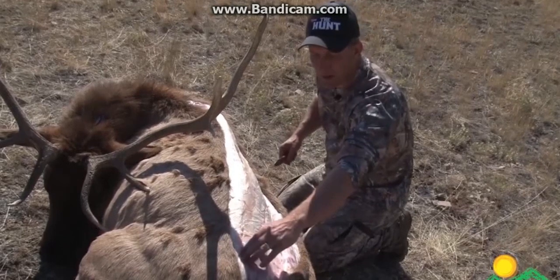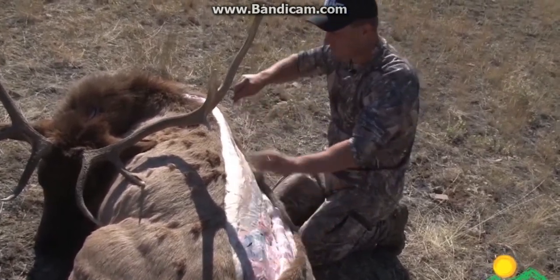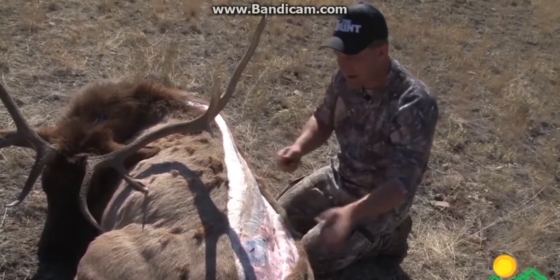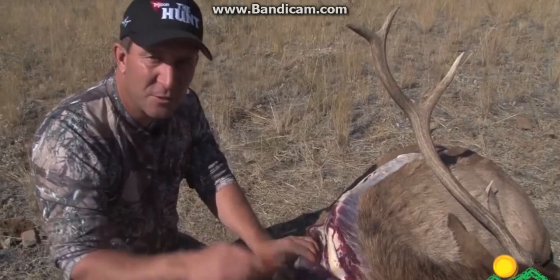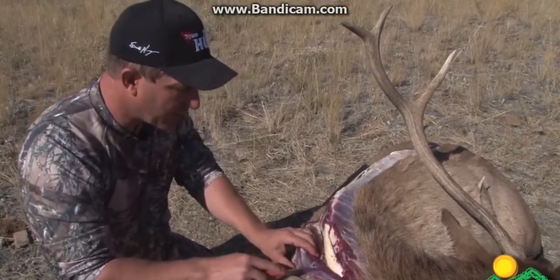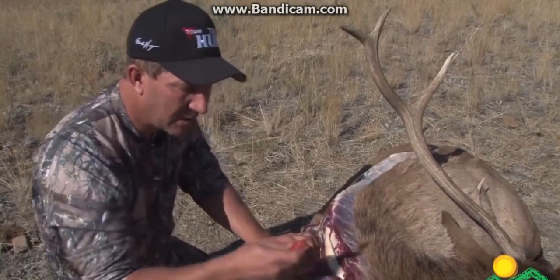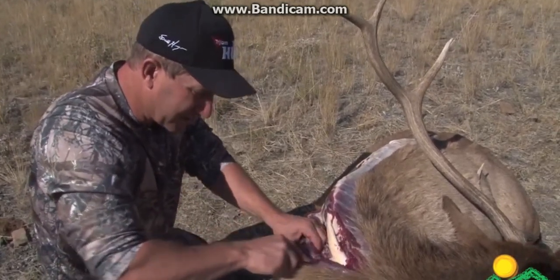Next cut we're going to make is right along the spine. I'm going to put the blade in vertically, cut all the way along the spine, then we'll come back around the edge right here and fillet this back strap off of it. Back strap actually runs up into the neck, but because of the angle the bull is laying at, we're actually going to cut the back strap right now. We'll retrieve the rest of it, the upper portion of the back strap, when we cut the head off here. We're just going to make a cut